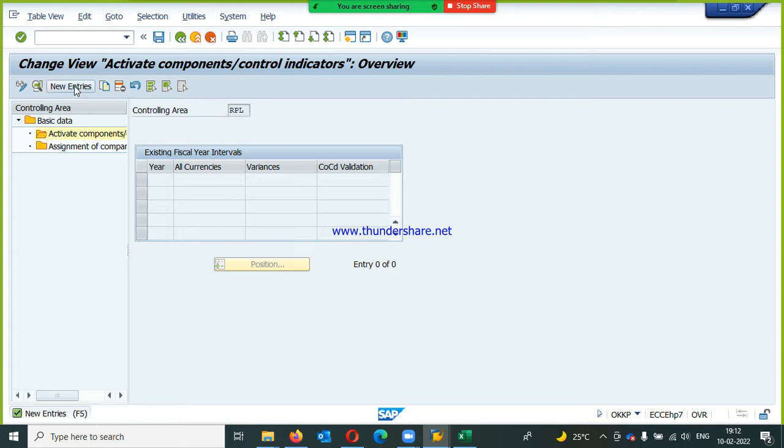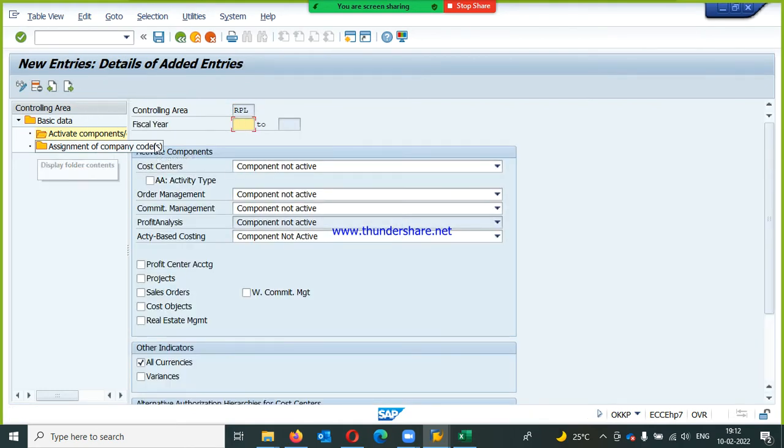Here click on new entries and here input fiscal year. Fiscal year is my financial year. Fiscal year 2022. Enter, and the fiscal year it will take automatically. Here we are having so many components which are in not active status,